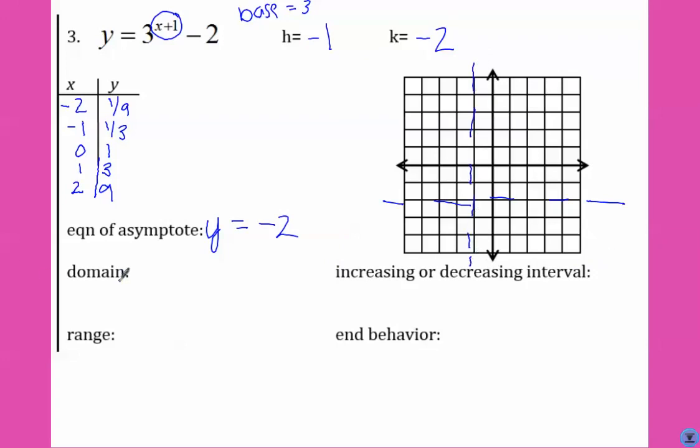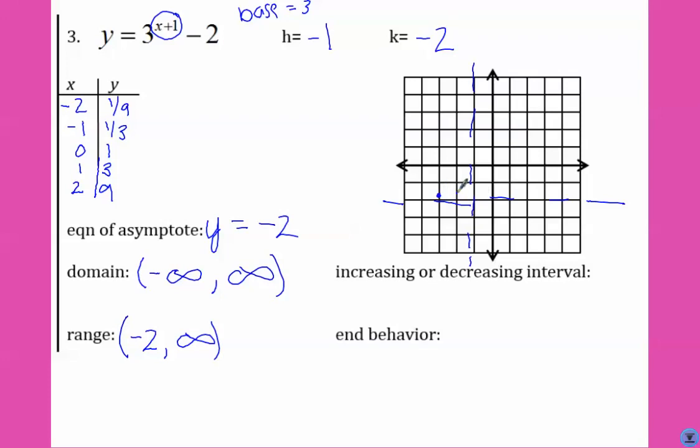Our domain is still going to be negative infinity to infinity. And since our graph shifted down 2, so did our range. So that's now going to go from -2 to infinity. So let's now plot our points. We're going to plot our x and y values from where our h and k moved our graph. So from here, -2, 1/9,